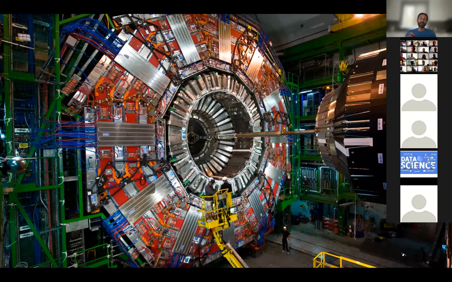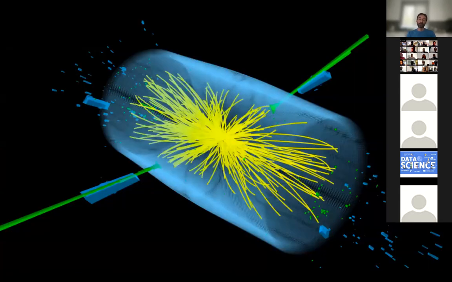And you need these kind of large detectors and large equipment to accelerate particles to near the speed of light, and then at very high energy bump them together, and as a result new particles are created, and then you look for some interesting physics, some interesting particles that might have not been observed before. And that's exactly how the Higgs boson that was hypothesized theoretically was discovered in an experiment.